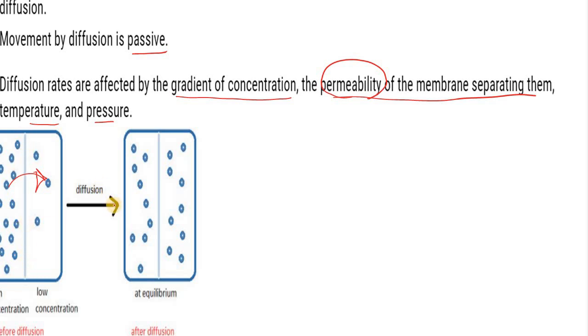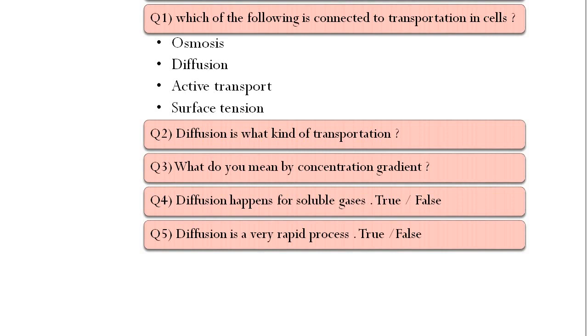After diffusion is finished and equilibrium is achieved, you can see the same number of molecules in each cell. So when equilibrium is achieved, the number of molecules or nutrients or whatever is transferred should be the same in both of the cells. So diffusion helps in moving from higher to lower concentration in the mode of passive transportation. I hope in this video I clarified all your doubts about active and passive transportation.